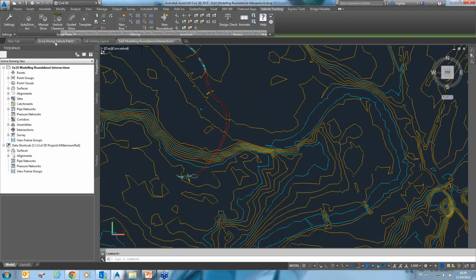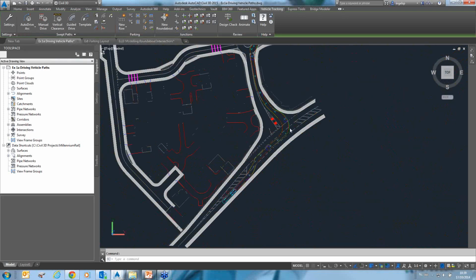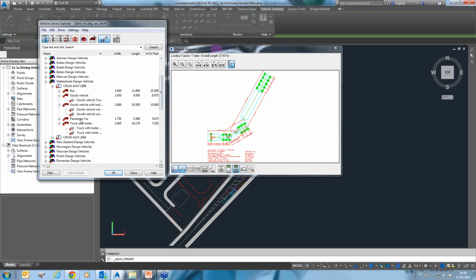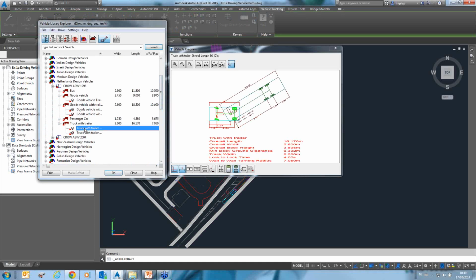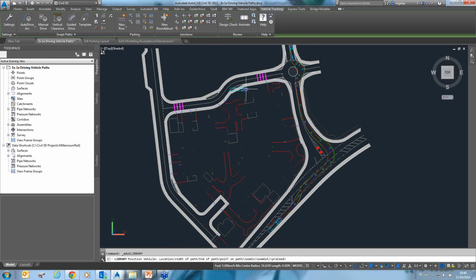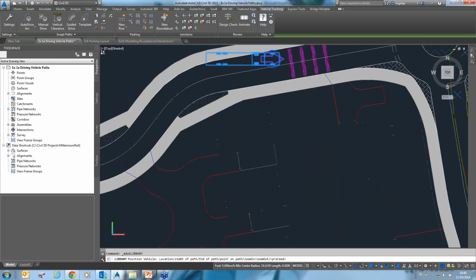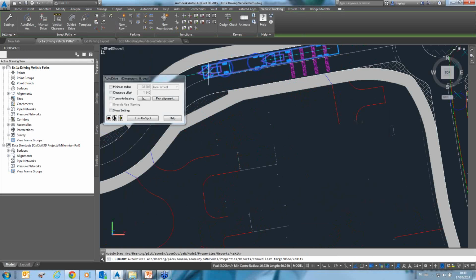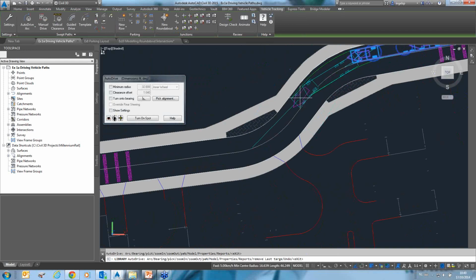One thing I forgot to mention actually is that when I'm driving a vehicle, I have a couple of other options as well. So come back to my library, go to my truck again, and let's say that I'm driving it here in that direction. Proceed. I'm driving here, here,